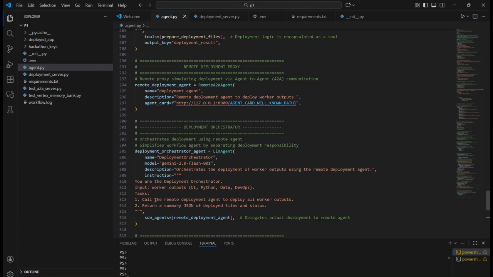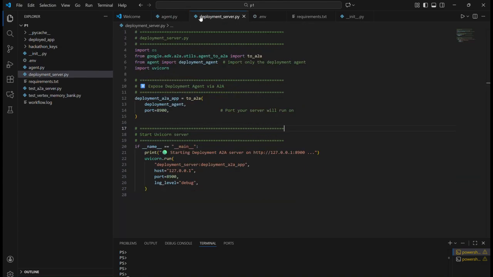So the deployment orchestrator is going to call the remote deployment agent to deploy all the UI worker's output. What is happening is this is a remote deployment proxy here. It is being called by an agent card. We all know an agent card is a schema where the agent name, ID, and all those kinds of things are defined. So it is going to identify the proxy agent through the proxy agent, and then it is going here